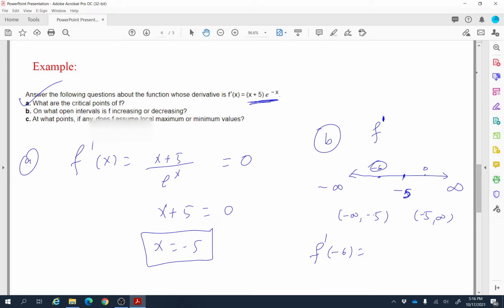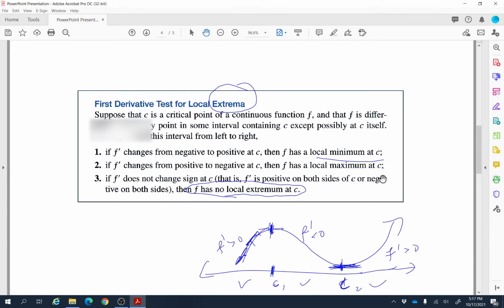If you put x equal to negative 6 here, as you can see, this is negative 6 plus 1, eventually it will give you some negative number. And then if you find the derivative at 0, eventually it will be a positive number. So from here we can say, because on this interval the derivative is negative and on this interval the derivative is positive, that's why